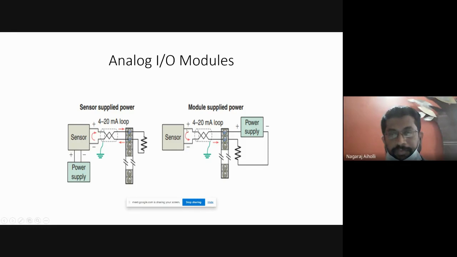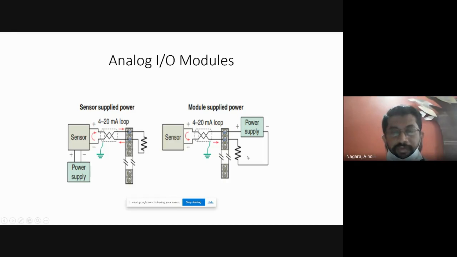Correct. Again, the same input in the range of 4 to 20 milliampere is applied to this input circuitry. The feedback signal, or the output from this input circuitry, is applied back to the main input, where they are getting the input from the sensor. Then the difference between these two is taken and applied again to this circuit so as to increase the accuracy of the output. Accuracy means what? The error is reduced. So we say it is a more accurate or high accurate output. Okay, a high accurate signal is what we get from this input circuitry.